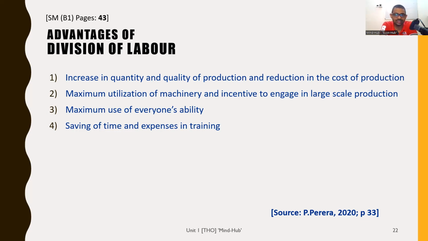In all stages of the production process, you don't have to train people. You only have to train the factory workers in one particular activity. So your training cost will reduce. Time for training will reduce. Get what I'm saying? And also, you don't have to train every aspect. In that task, you don't have to put a lot of effort, because people only concentrate on one activity. They will learn. We say on-the-job training is possible.